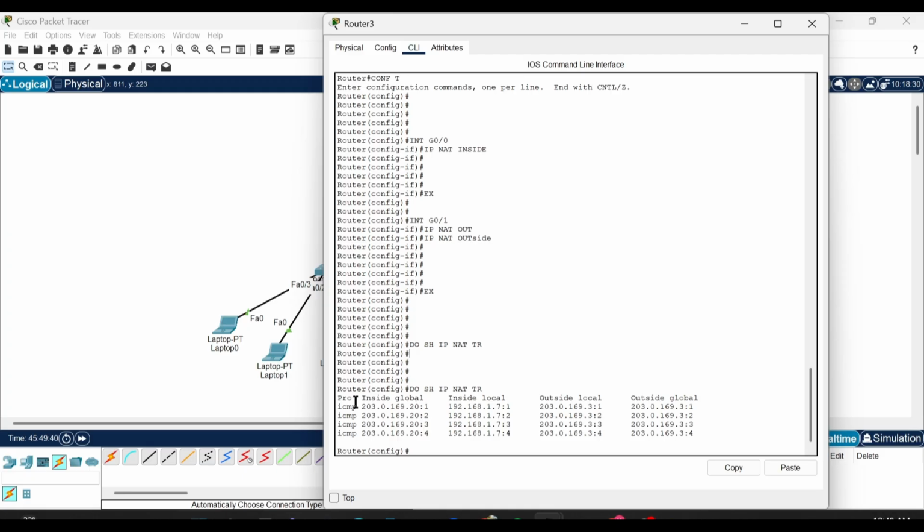This is the protocol that we use, which is the ICMP protocol. The inside global is the public IP address of the internal device that was trying to communicate with 203.0.169.3. Now, the host device that was trying to get to 203.0.169.3 is the private IP of